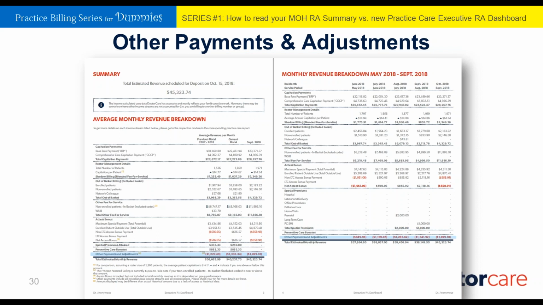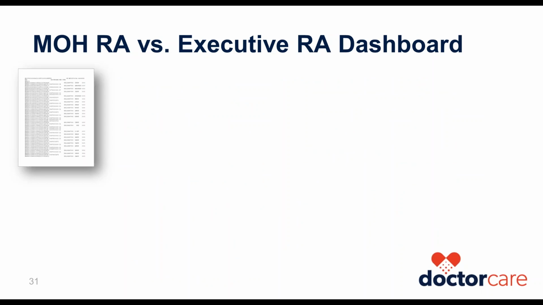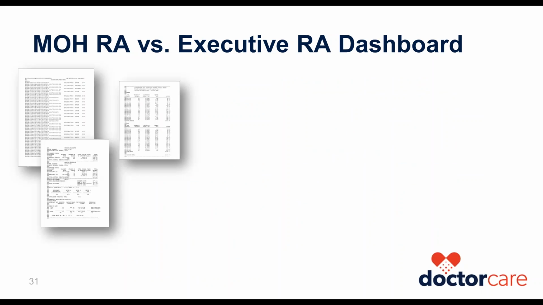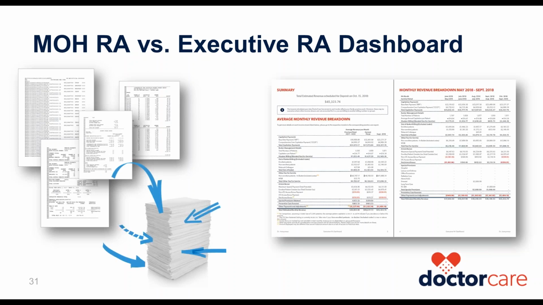In summary, getting critical practice information and financials from a ministry RA means flipping through and diving deep on multiple pages of a report that could be more than 50 pages long. Contrast this to our Executive RA dashboard in our new Practice Care Program report. It's 2 simple pages, conveniently laid out in table format for easy reading. And it contains more than just the previous month's data. We even go back to the previous 5 months and previous fiscal periods to give you more insight into your